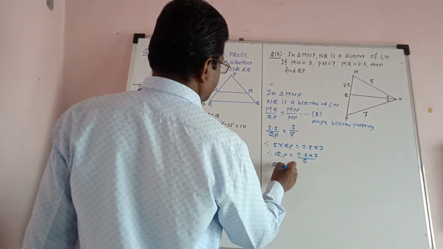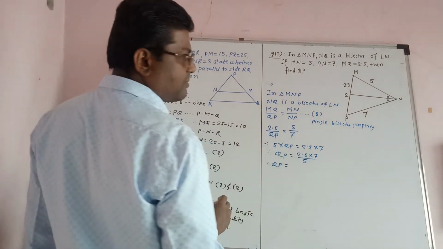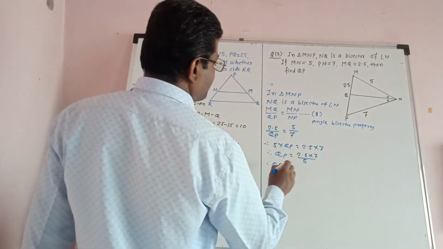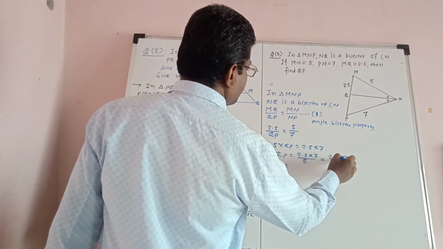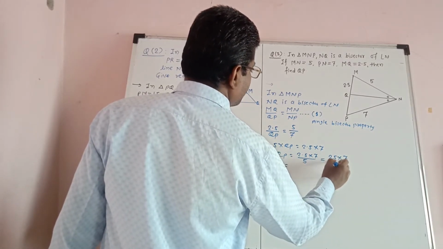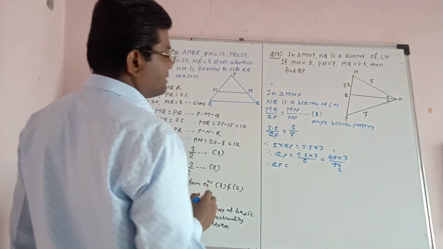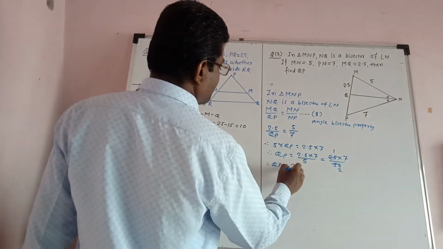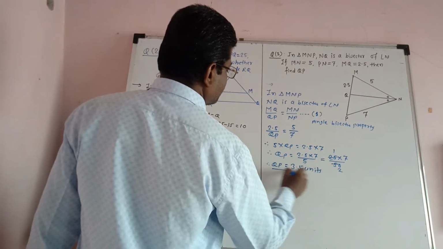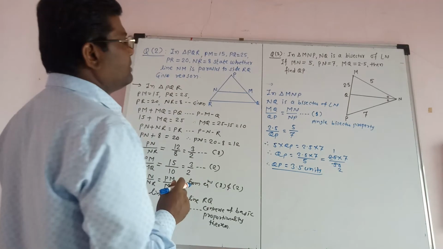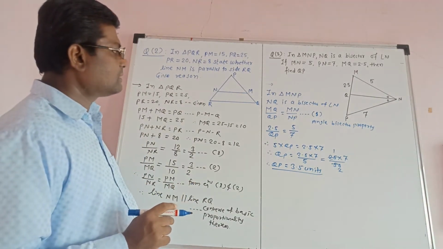Therefore QP is equal to, multiply this 2.5 by 10 and this 5 also by 10. Therefore we have 25 into 7 upon 50. Divide by 25. 7 upon 2. 7 upon 2 is 3.5 units. So value of QP is 3.5 units here.